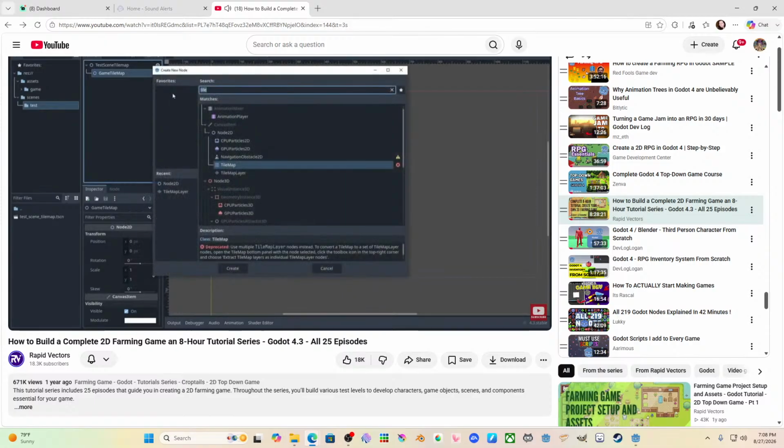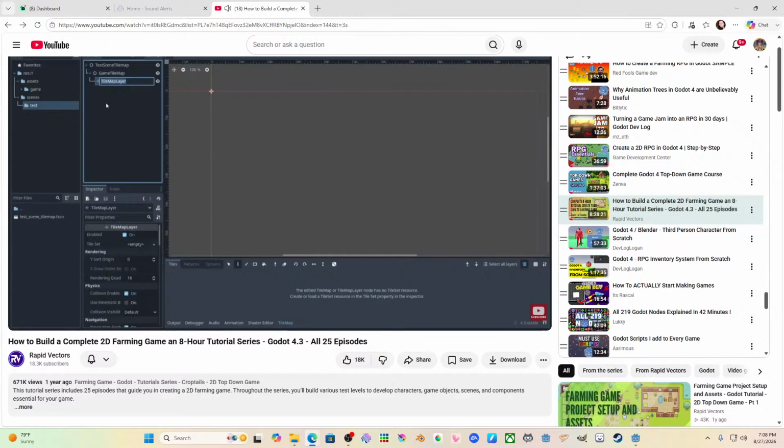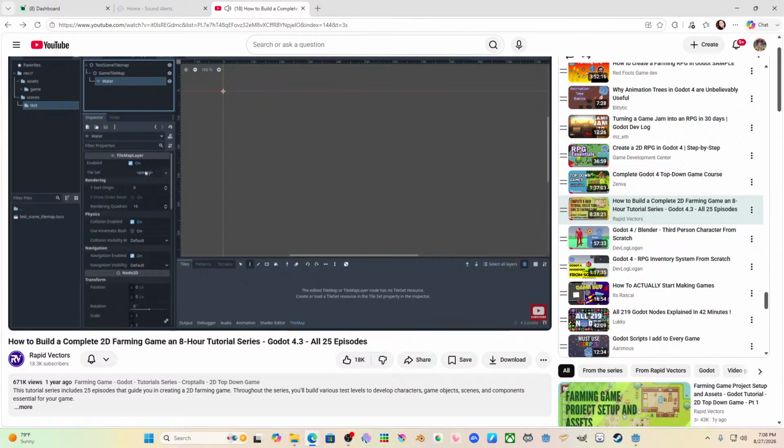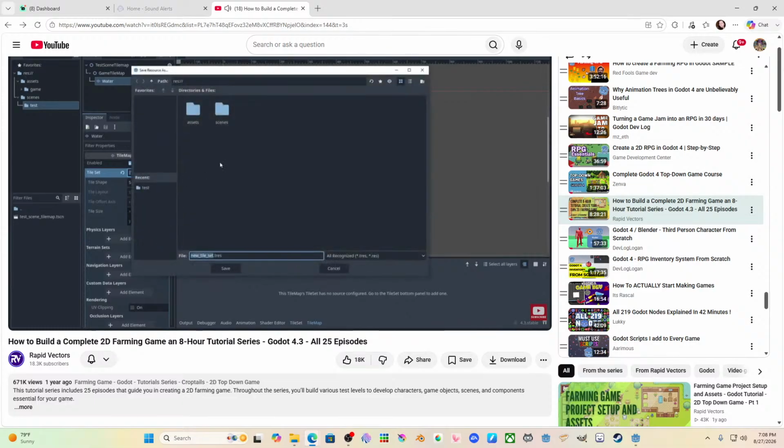So add child node again. And as you can see, the tile map has been marked as deprecated, and this was used in previous versions of Godot. The difference between tile map and tile map layer is that in tile map, you used to create the layers inside the tile map, whereas now we create different tile map layers. So choose this option here, and we won't use this in future. So click create and press F2, and we'll name this as water. And in the tile set, if we just pull this up, let's just click on here and click new tile set and right click, save as,